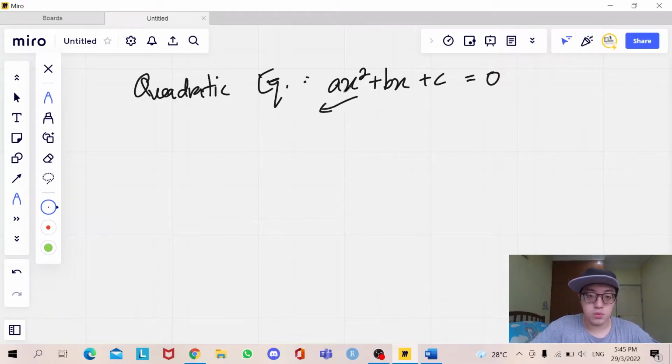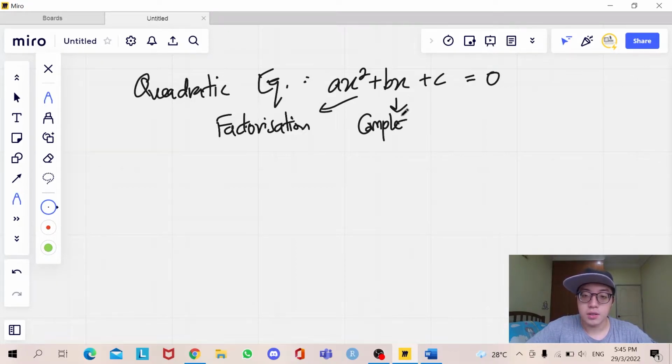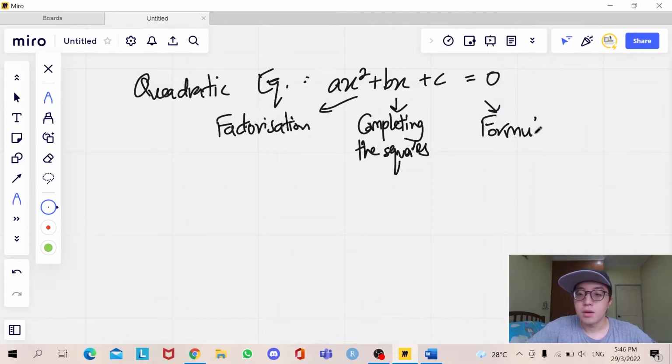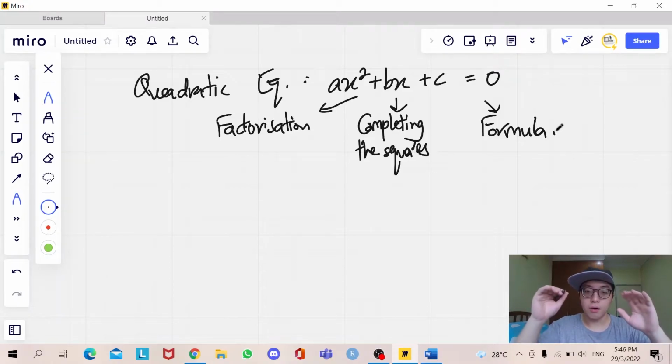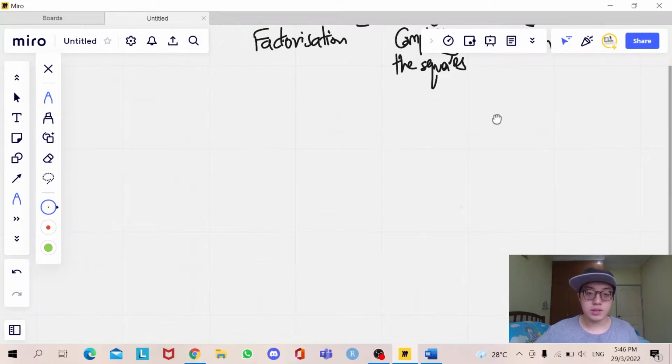The first one is by the factorization method, and the second one is by completing the squares, and the last one will be by formula. So this is going to be a little bit long video because I'm going to be talking about all three methods of this. So first we're going to start with